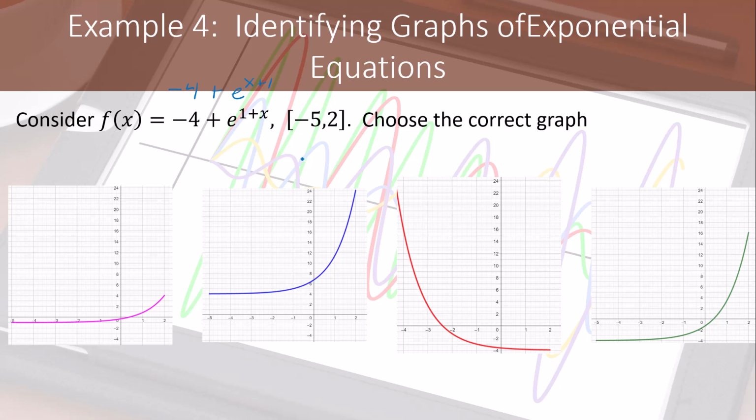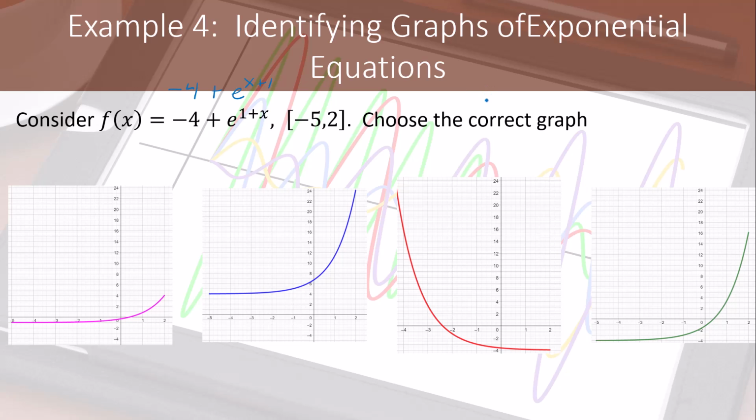Why did I do that? Well, because when we've talked about shifting, we've always looked at it this way. Now, remember what we talked about relative to vertical shifting. If we add something outside of an argument, like this would be the argument of an exponential function, we have a vertical